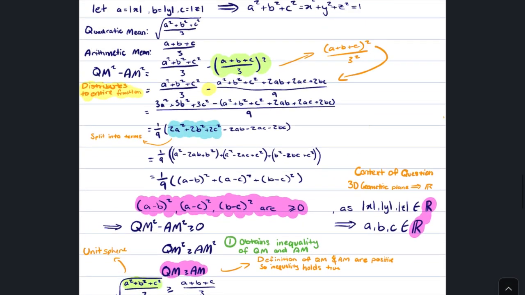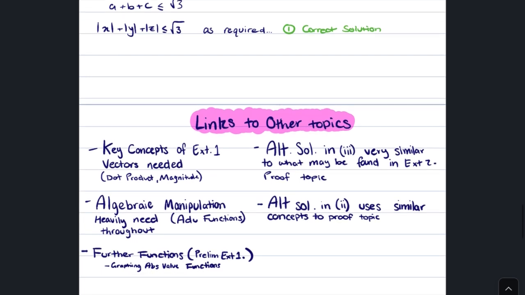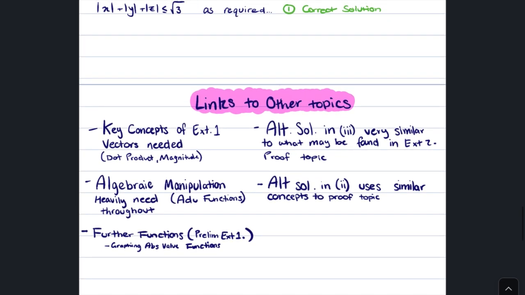Linking to other topics within HSC Mathematics, we can see that it requires key concepts from Extension 1 vectors, such as the dot product and magnitude. We can also note that algebraic manipulation is heavily needed. This is from our advanced functions topic at the start of Year 11. As well as our prelim Extension 1 topics of further functions, where we graph absolute value functions. This is particularly helpful in part 1, where we need to consider the absolute value function of cos in our